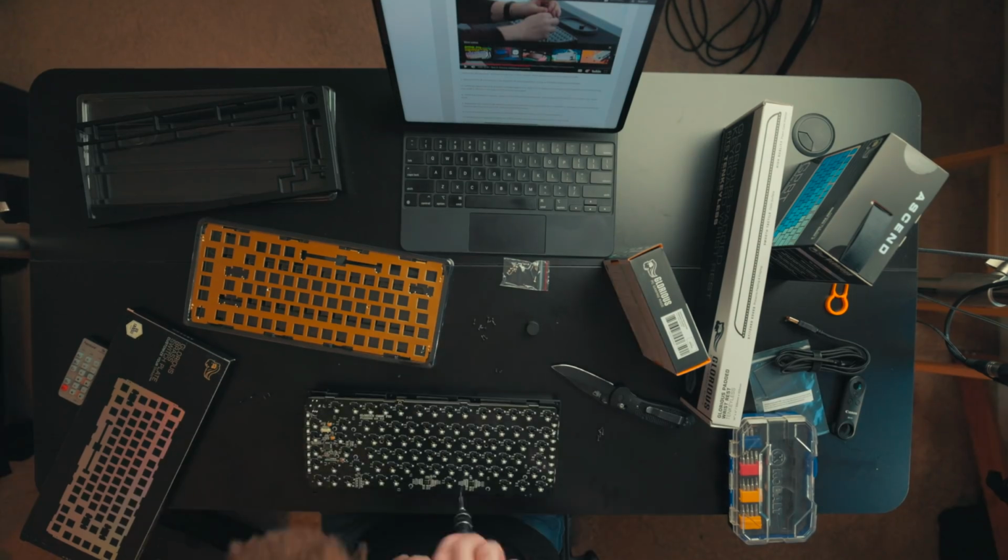We're gonna put it all together. Now, I've never put together a mechanical keyboard, so I'm not gonna make this a tutorial about how to put together a mechanical keyboard because honestly, I have no idea what I'm doing. So, I'm just gonna...